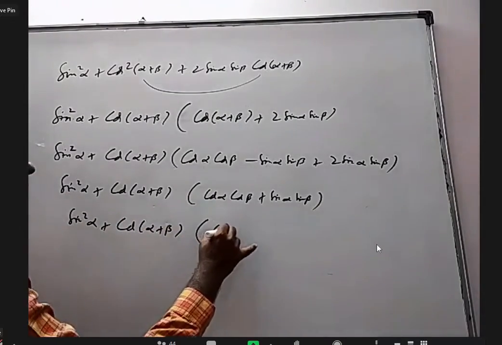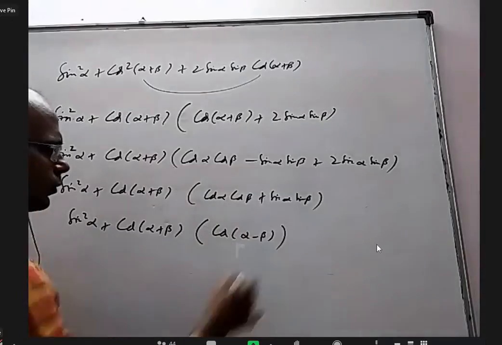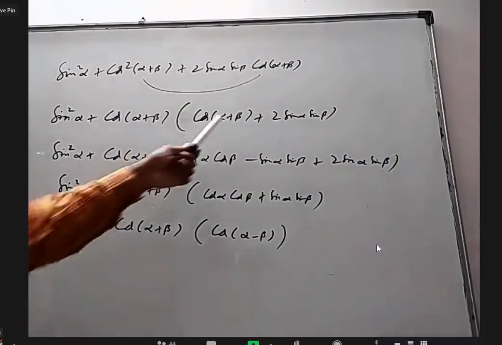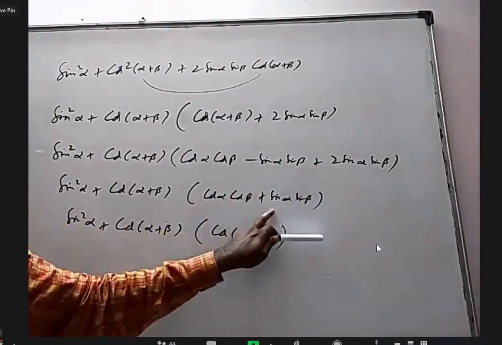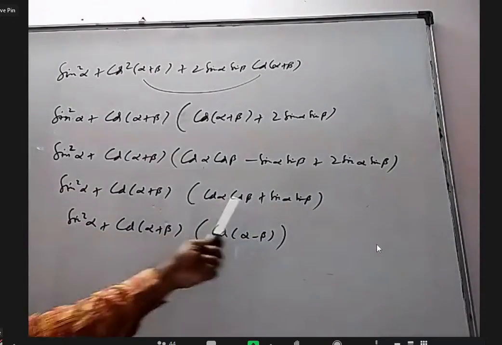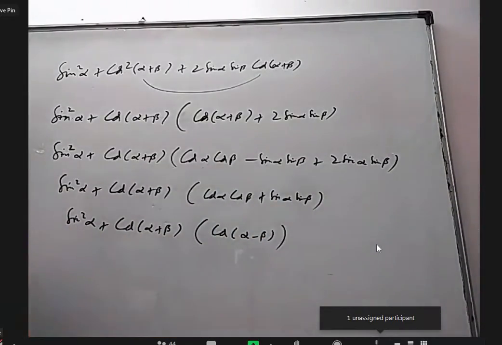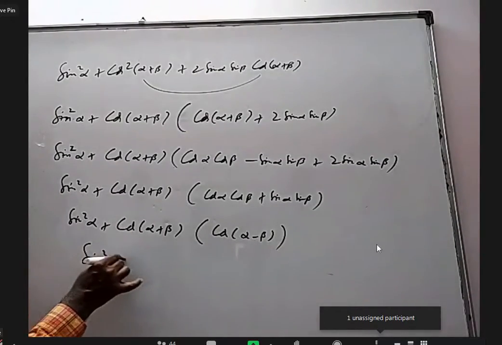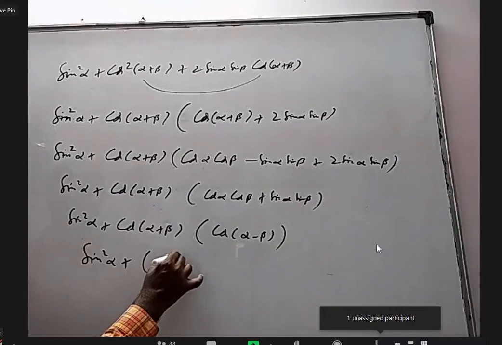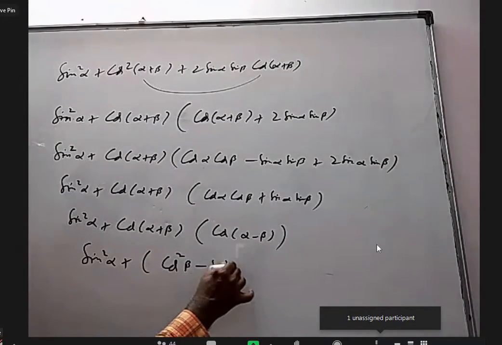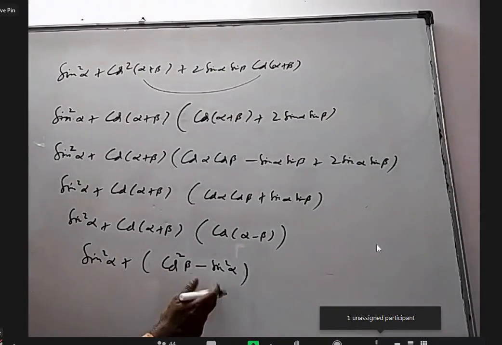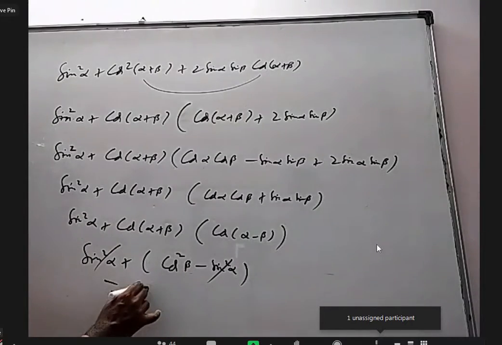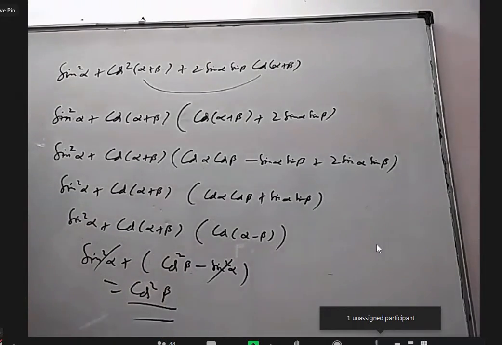Okay, so basically I use the formula here. This and this together, we got one positive sin alpha sin beta: cos A cos B plus sin A sin B is cos(A minus B). Cos(A plus B) into cos(A minus B), we have two formulas: cos square A minus sin square B, or cos square B minus sin square A. So this is sin square alpha, this is cos square beta minus sin square alpha, I will write it. Or I can write cos square alpha minus sin square beta, no problem, these two will cancel. I will get cos square beta.